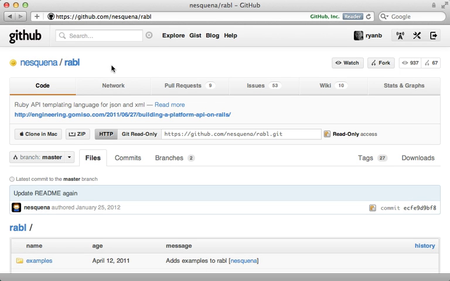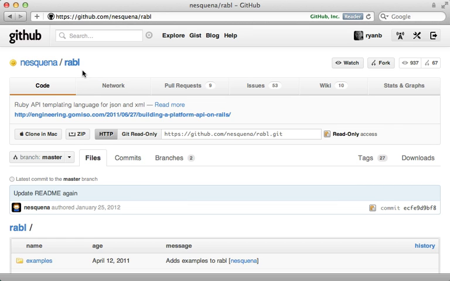There are many ways to customize JSON data that is returned in a Rails application. You can override the as_json method in a model, or use the JBuilder gem like I showed you last week. Another popular solution is the RABL gem, and that stands for Ruby API Builder Language. It's a little more feature complete than some of the other solutions, so let me show you how it works